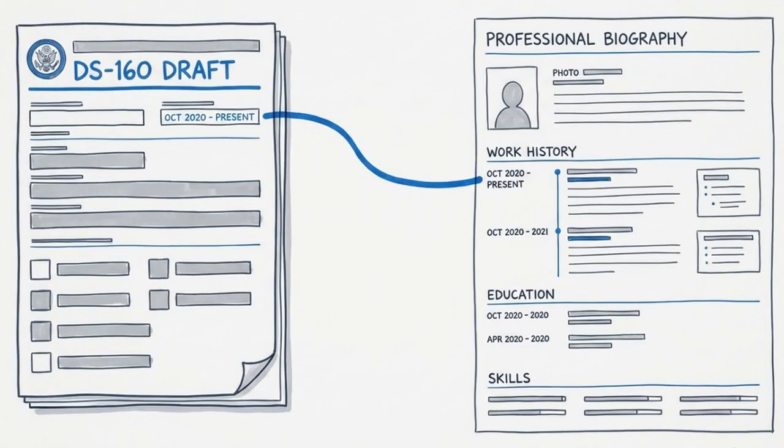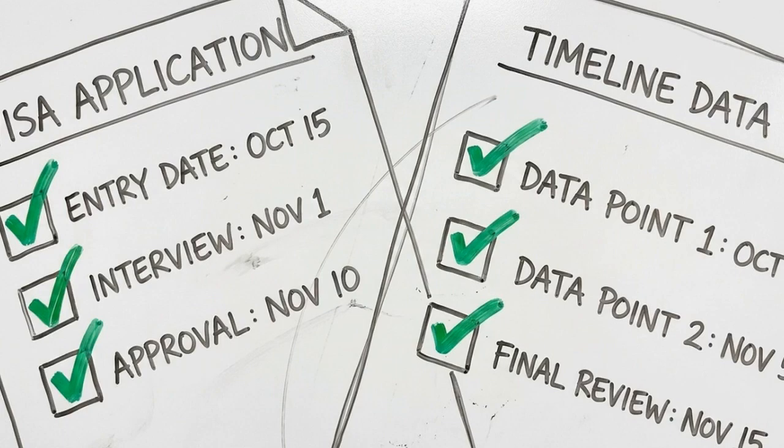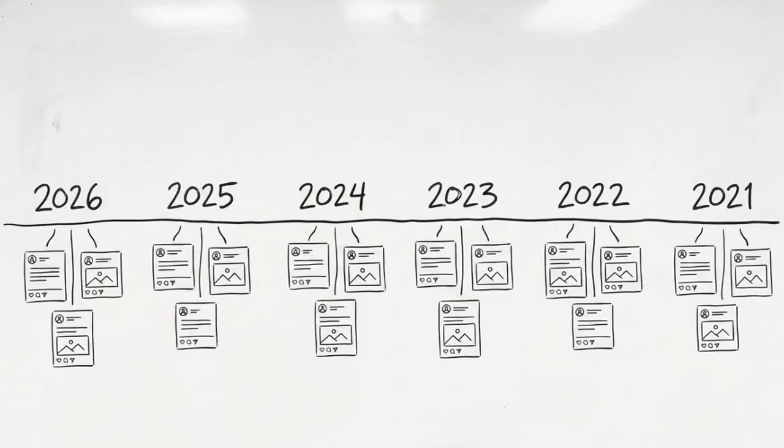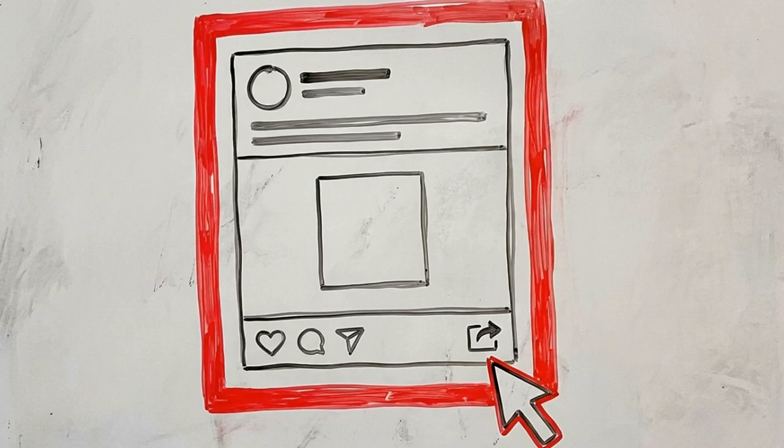This is a side-by-side comparison of a DS-160 draft and a professional biography. You must cross-reference your employment and education histories against these public records. Dates, titles, and locations must align perfectly. Review your post history over the last 5 years. You are looking for any content, including likes or shares, that could be interpreted as support for illegal activity or